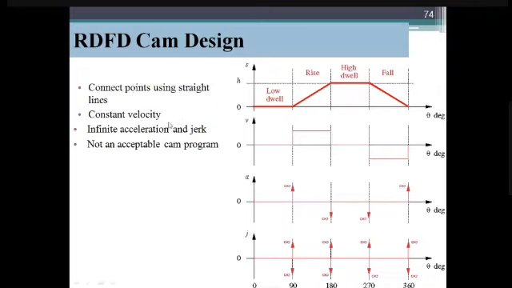The first one is displacement, the second one is constant velocity. So how are we going to draw a constant velocity diagram? There's the theta, there's the v. Here v is the velocity, and s is the displacement in the first one. So constant velocity: first 0 to 90 degrees, there is a straight line. There is no velocity.